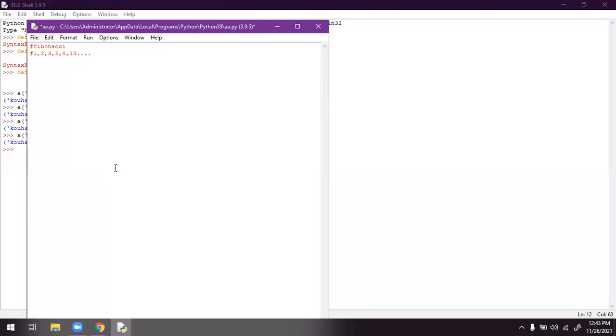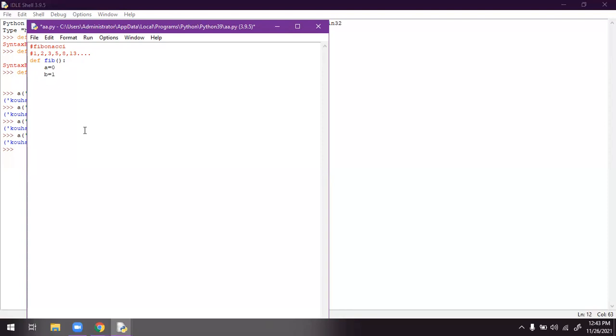So in order to do this, what I'm writing here is a function. I'm writing a function and defining a Fibonacci series. I'm calling that function fib. Initially I'm taking 0. In order to add the value, I have to take 1.